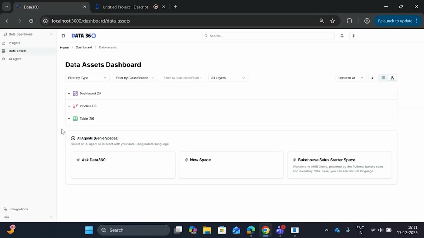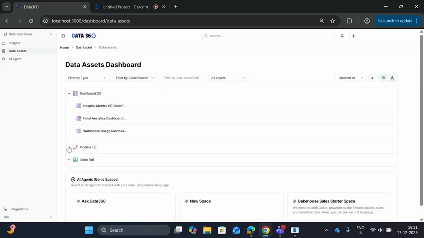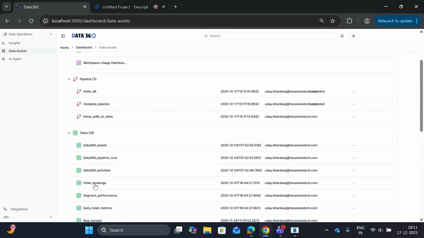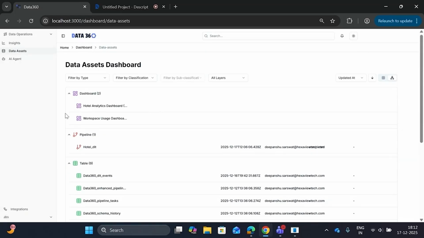As you can see here, it gives you a list of all the dashboards that you have on the Databricks platform, along with the pipelines and tables that are there. We can click on any data asset and go through its details. For example, if I click on this hotel analytics dashboard,